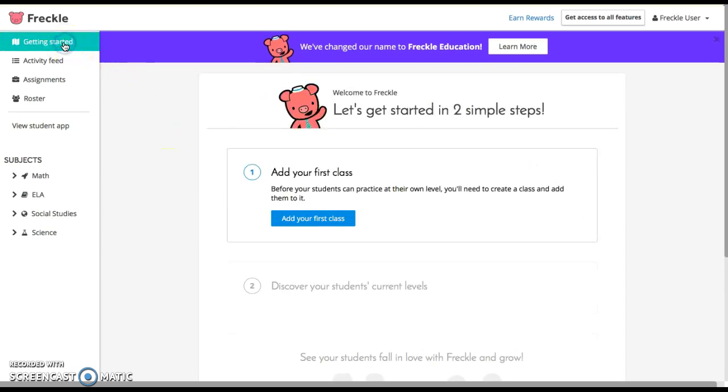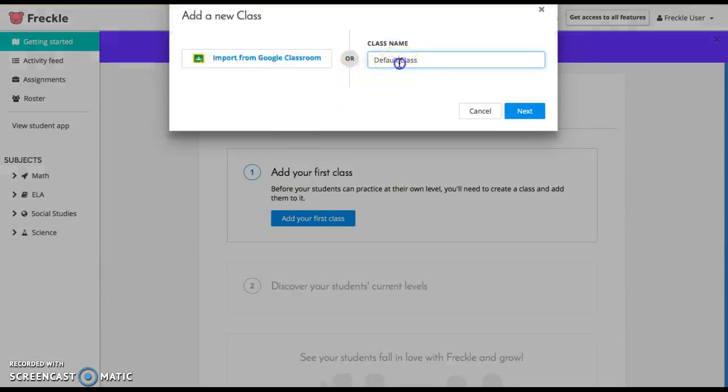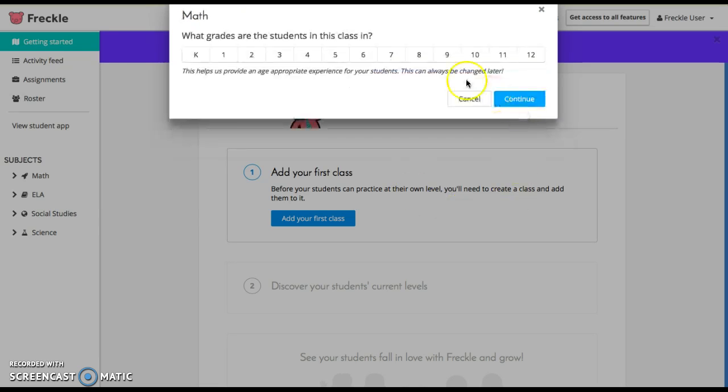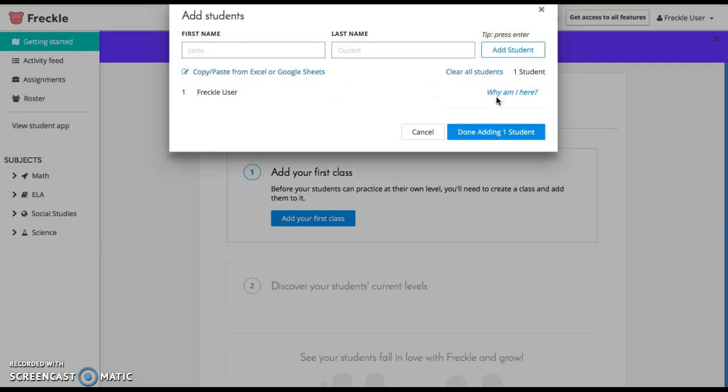I'm going to click back up on Getting Started. Let's add our first class. Once we click this, we can go ahead and give our class a name. You can import straight from Google Classroom if you happen to be a Google Classroom user. Otherwise, let's just call this class Math. I click Next. It asks me what grade the students are in. We're in grade 4. I'm going to click Continue, and here I can either copy and paste from Excel or